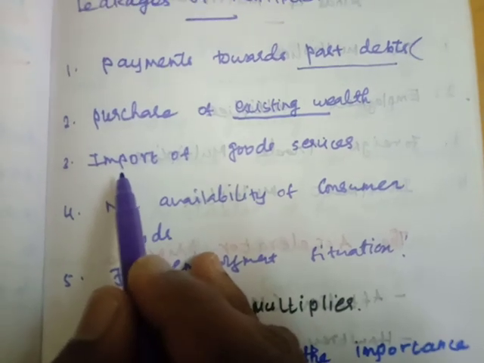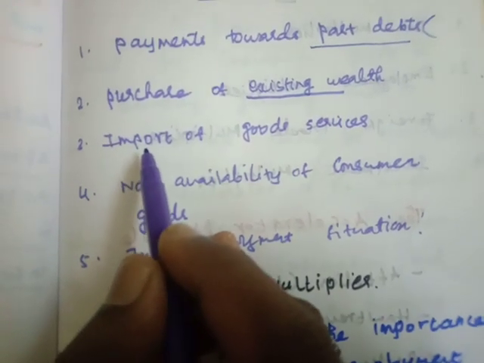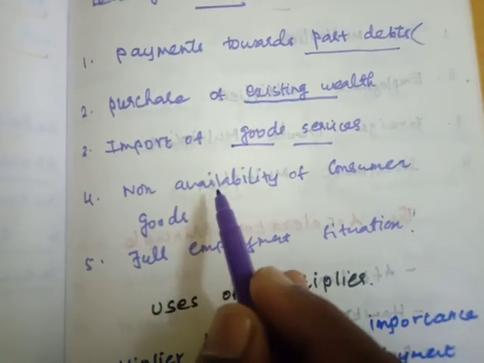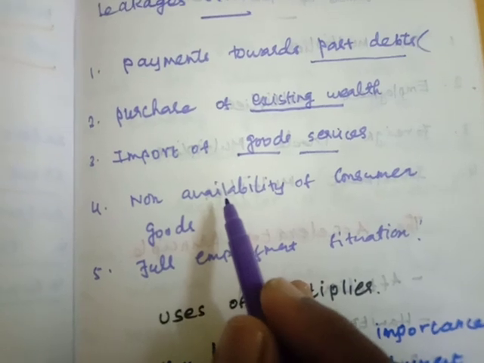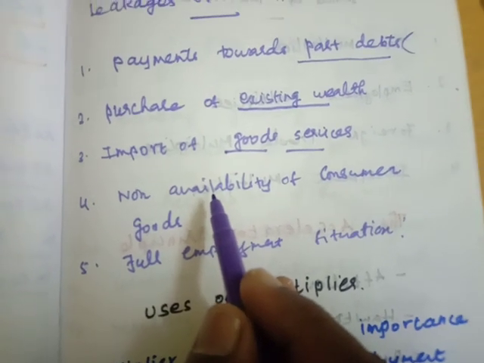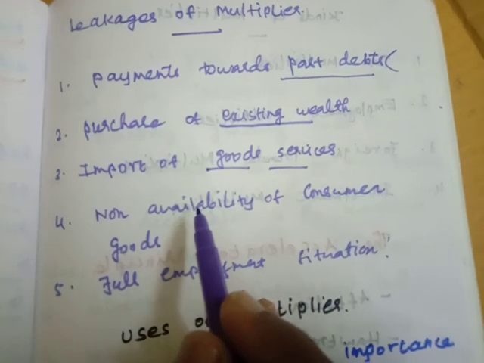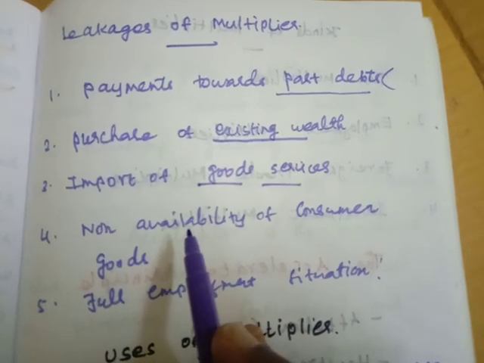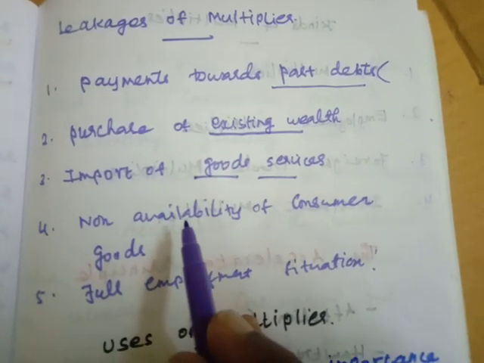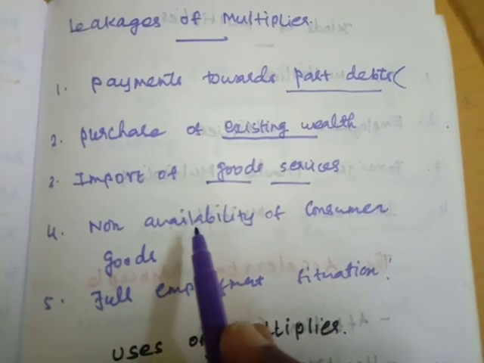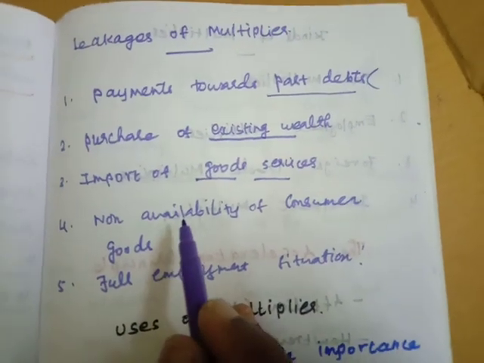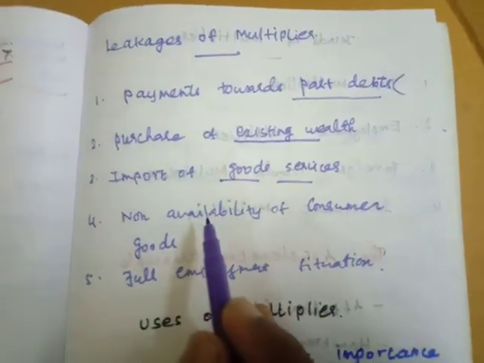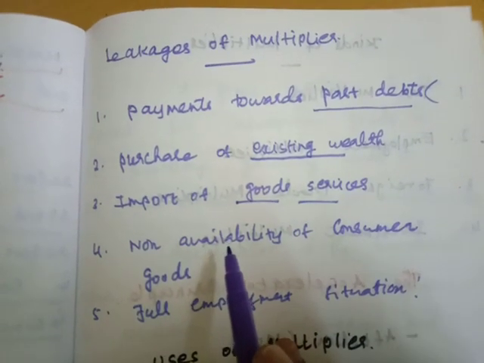Next we will move to the import of goods and services. The income spent on imports of goods or services flows out of the country, and the country gets little chance to return the income stream. For example, if we import more, our wealth is going to another country, and we cannot invest more money in the business and the economy, because all the resources we import from other countries, here inside the country we cannot increase or extend our investment, and thus imports reduce the value of the multiplier.